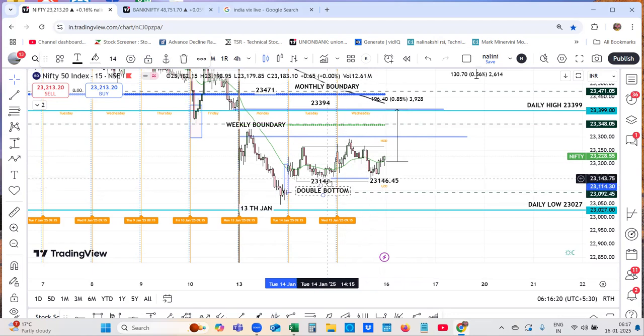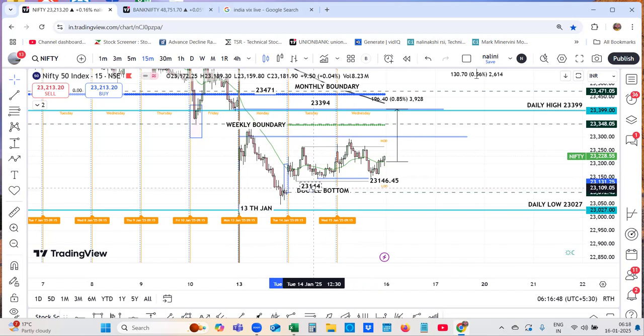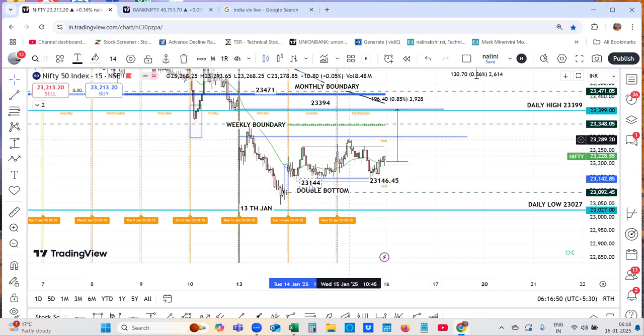The reason for this is the market has come down here for the first time to 23,144, and it has rallied strongly above this level. So probably the traders who have gone long, their stop losses are lying in this market. You can see three times it has come to this level, first level and second level. So there is 23,000, and the market rallied, made a higher high, and it has come down to 23,146 to make a double bottom.